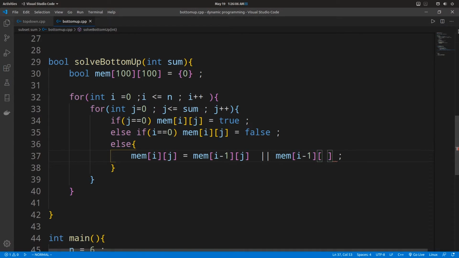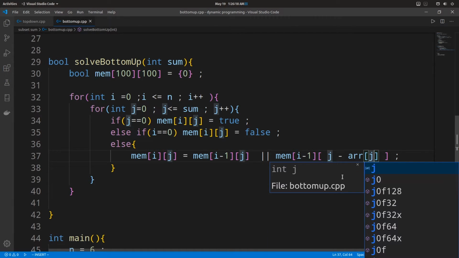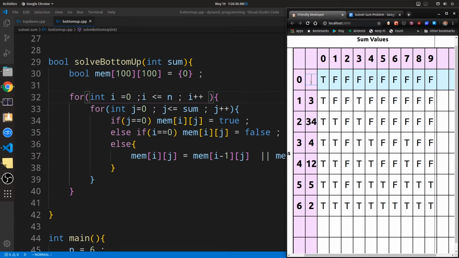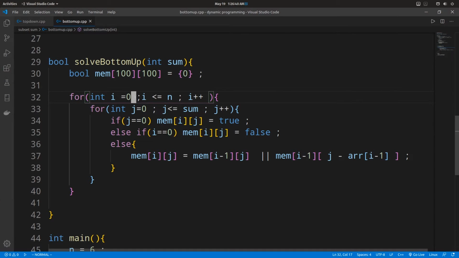When we include, we need to check, out of all the remaining elements and the reduced sum, was there a subset that was possible. So we take j minus the current item. What is the current item? It's array of i minus 1. Why i minus 1, you might ask. Here i represents the number of elements in the set that we are considering. In our array we only had 6 elements, but in our table we are considering i as the number of elements.